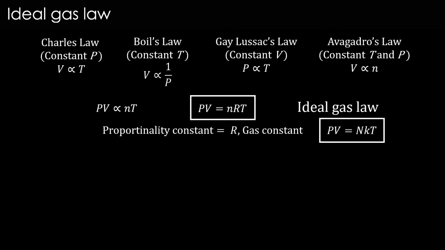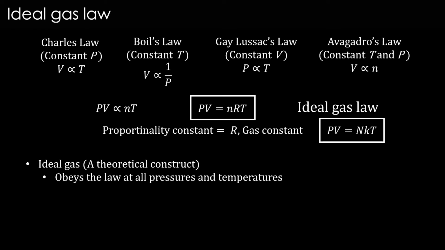The same equation can be modified to have number of atoms instead of number of moles of atoms. So PV is equal to NkT, where capital N is the number of atoms. The new constant k here is the Boltzmann constant. In fact, Boltzmann and Maxwell worked extensively on statistical mechanics of gases, from which this equation comes. Look what it says. It says PV equals kT for one atom. Something that is understood from gas law for moles of atoms is expressed here for one atom. These works led Boltzmann eventually to understand the concept of entropy. We will see in future videos about entropy where the same Boltzmann constant appears.